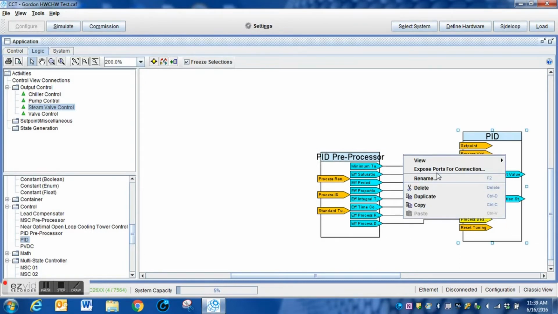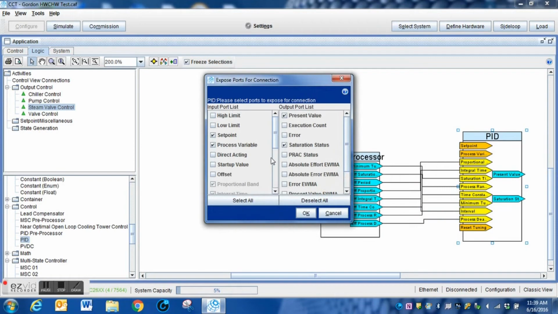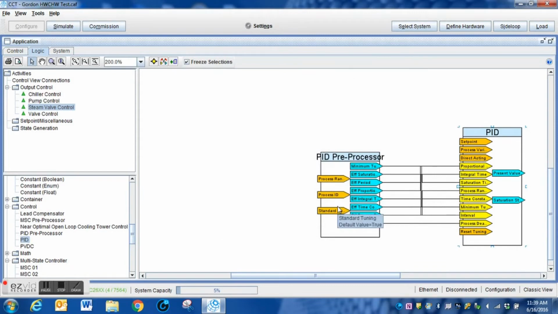I'm going to go back in. I think there's still another one inside the PID loop itself I need to get. So I'm going to go in here again, and I am going to grab the direct acting. That's another critical point that we need. Now that we have those, we need to build some other points to make some connections here and actually start